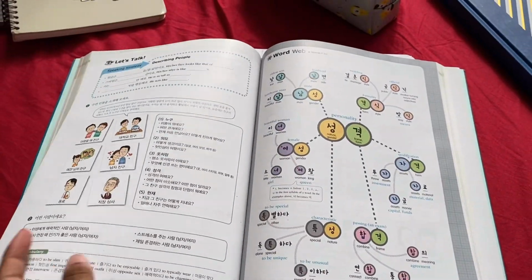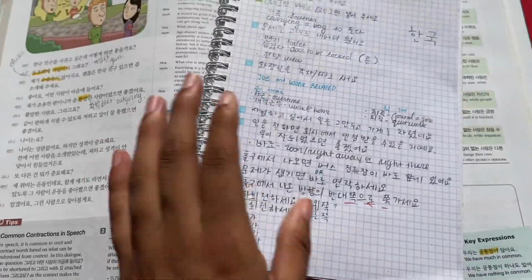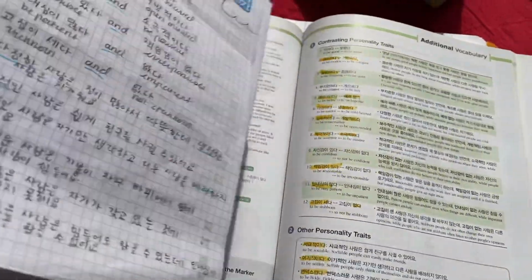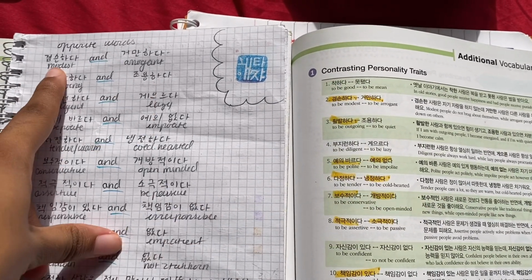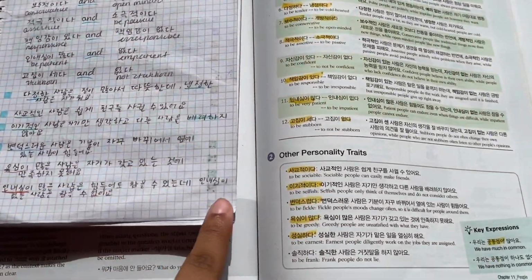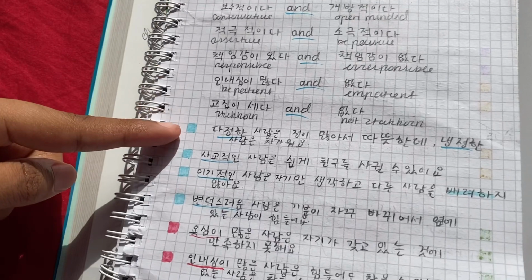Something that I find really helpful to do is things that I don't know or things that I find are important, I go into my little notebook and I rewrite it so that I can carry it around with me. So for example, these antonyms, I wrote them all down the same way it is in the book, but I try to not write too much in English. So for example, the sentences, I would not write the English translation because it would force me to have to